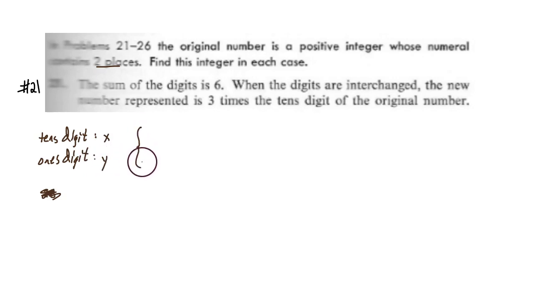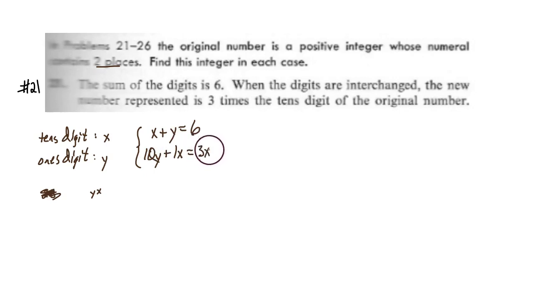Next, let's create algebraic expressions from the clues. The sum of the digits is 6, so x plus y equals 6. When the digits are interchanged, the new number is 3 times the tens digit of the original. If you interchange the tens digit and the ones digit, the number would look like y and then x. The value of that number would be 10 times the number in the tens digit plus 1 times the number in the ones digit. We're told that that number is equal to 3 times the tens digit of the original,